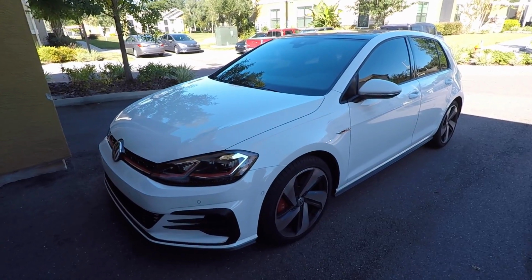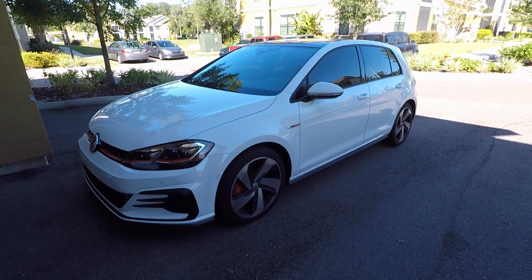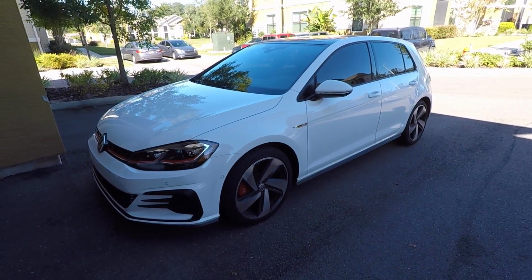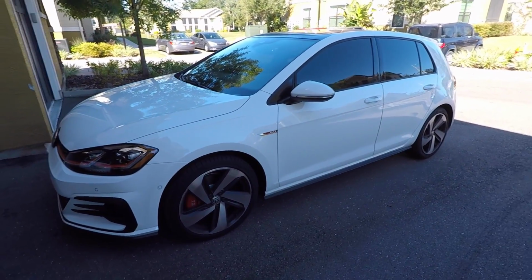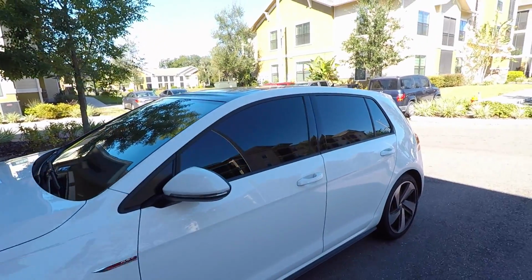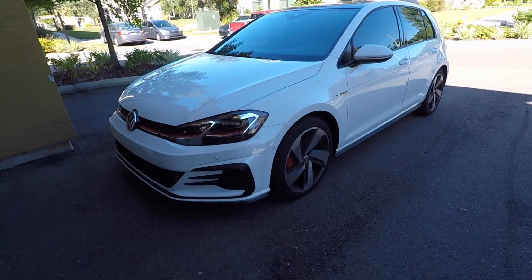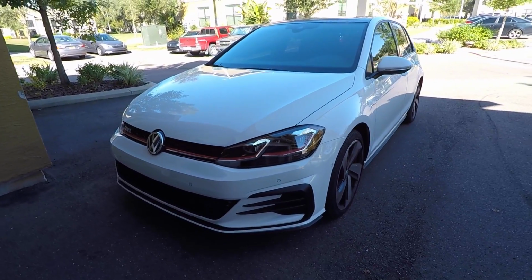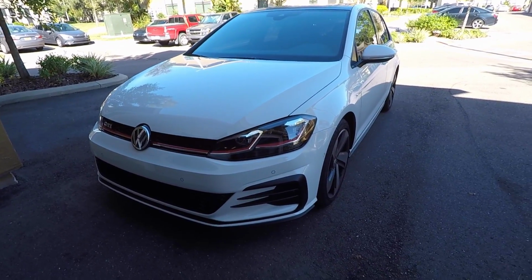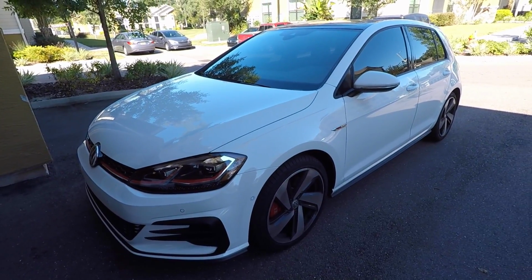Alright, on to the GTI. As you guys know, I got rid of the Toaster. I drove that thing for 2 years, had 80,000 miles. It was definitely time to get a new, nicer daily. I can just run through the quick little list of mods that I'm going to do. I'm going to tint the windows, which already are done, as you can see. I'm going to get, I think it's ECS Tuning, makes a flush kit for the wheels, just some spacers, make it look nice. I'm going to get a CTS Turbo cold air intake and just a catback exhaust for a little more sound,